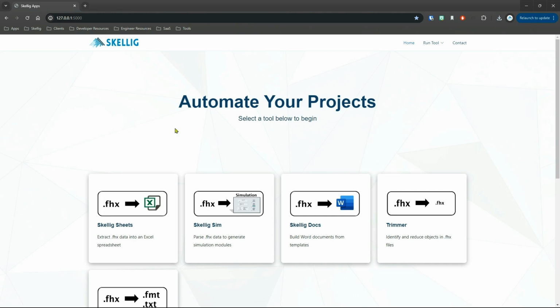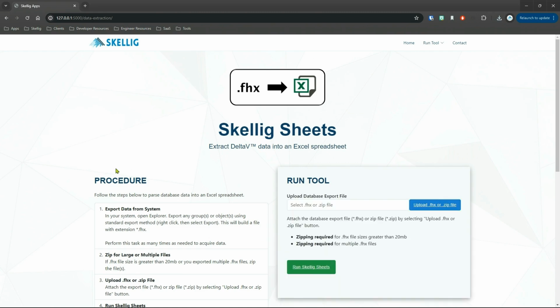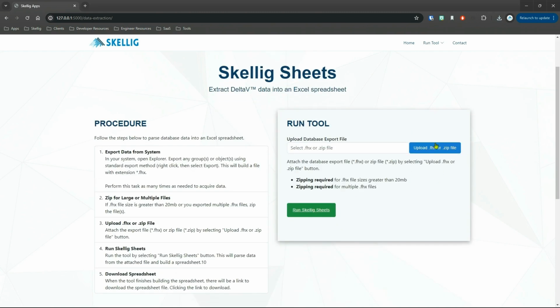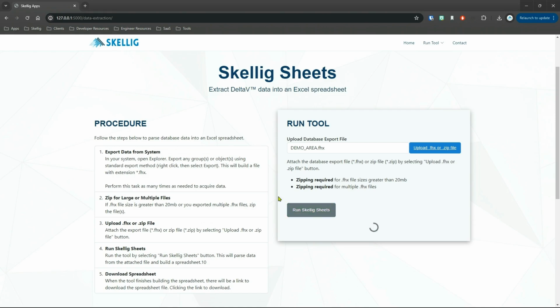The next step is to access the web application. What you're seeing is the home page for our software tools. And we need to navigate to Skellig Sheets. And then on the right, there's a button to upload your FHX or zip file. And then click Run. If your FHX file size is larger than 20 megabytes, you will be required to zip